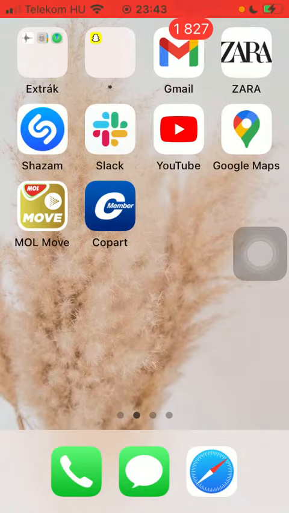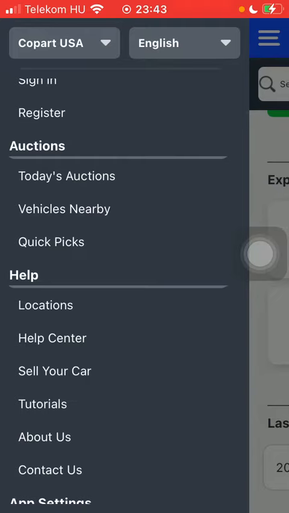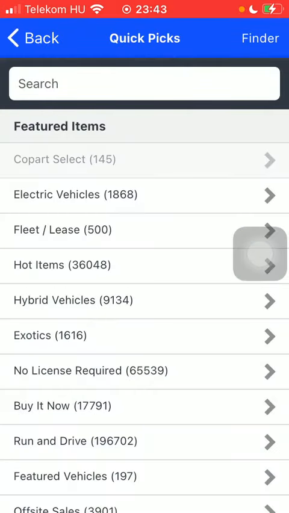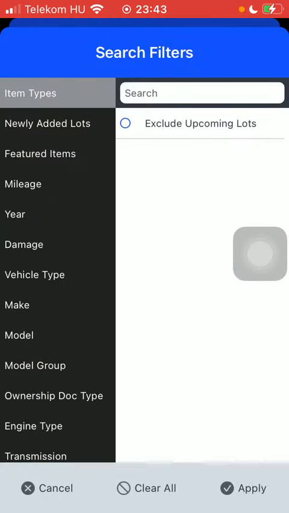First of all, open the app on your phone, then tap on the menu icon in the upper left corner of the screen, and then select one of the options when you are searching for a car, and select the featured items. Tap on filter down below in the left side corner of the screen, and here you can find